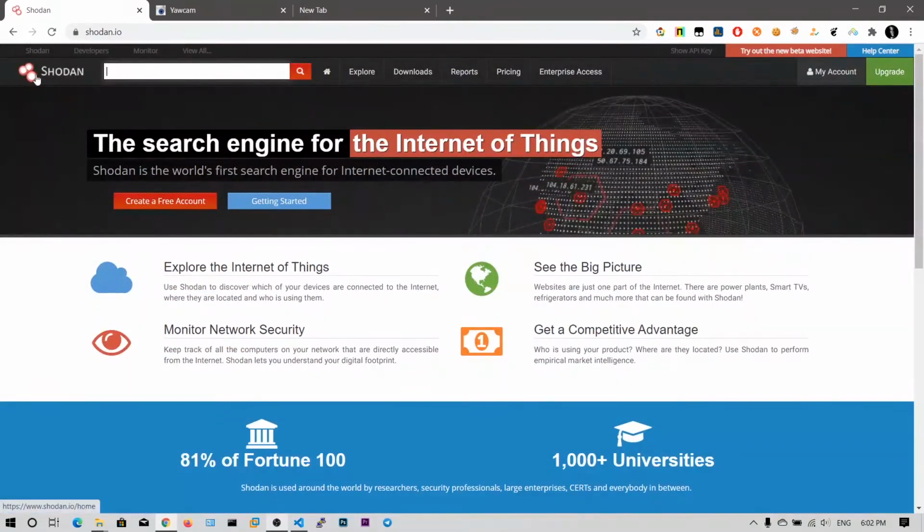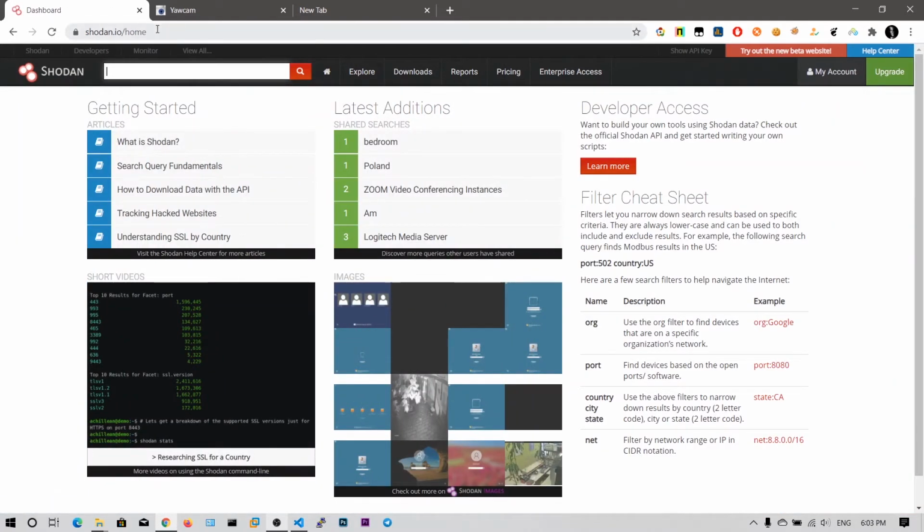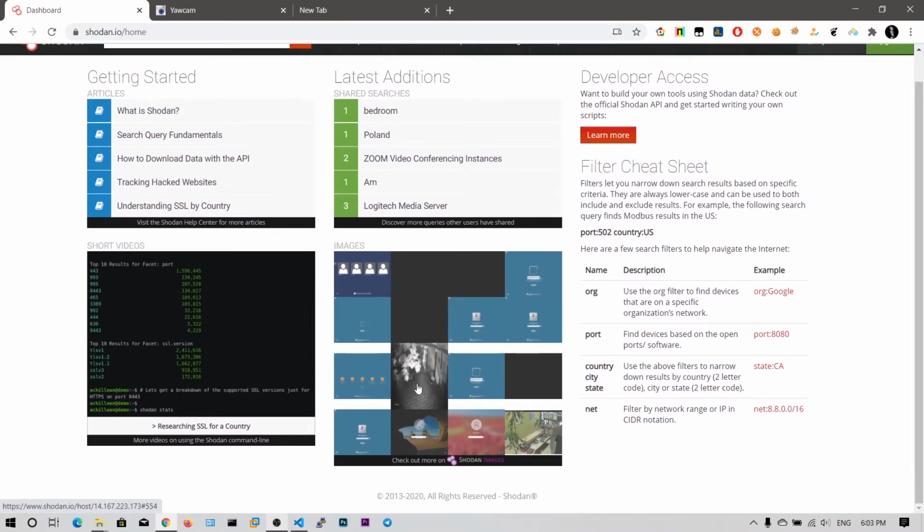So this is the Shodan website, and you need to create an account in this, because if you search anonymously without any account, then you will be limited to 5 searches, or less than 5 searches. That's why it's very easy to create an account. You just need to sign up, and in this search box you need to search for your interested devices. If you go to the home page, you can see the Get Started with Shodan section, and there are some images regarding what Shodan has searched before. Let me open this to get an understanding of what this is.